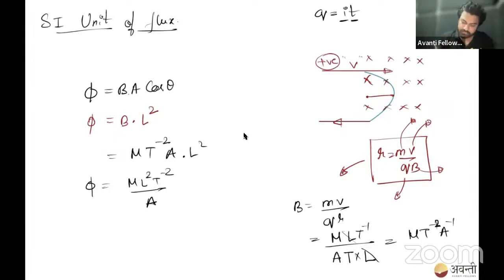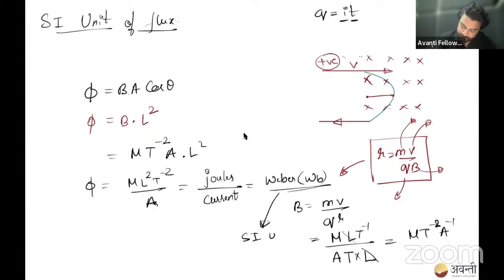I just want to tell you something. Listen here. This dimension is of energy. Okay, or we can say it is joules. If you take kinetic energy, half mv square, m mass ka, v square L2 T minus 2. So mL2 T minus 2 is the work or energy dimensional formula. That's why I've written here joules. Joules, A, ampere is of current. So joules per current, this is also called Weber, WB. And this is the SI unit.